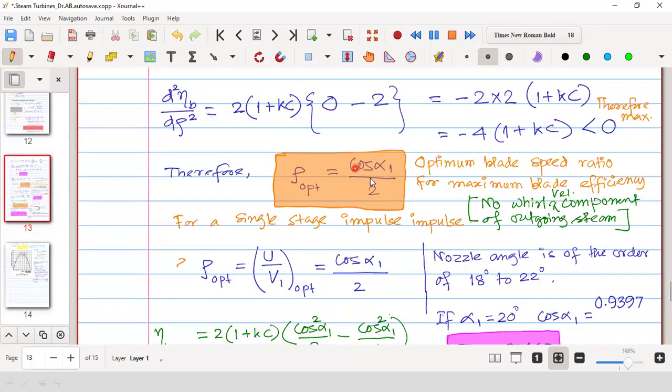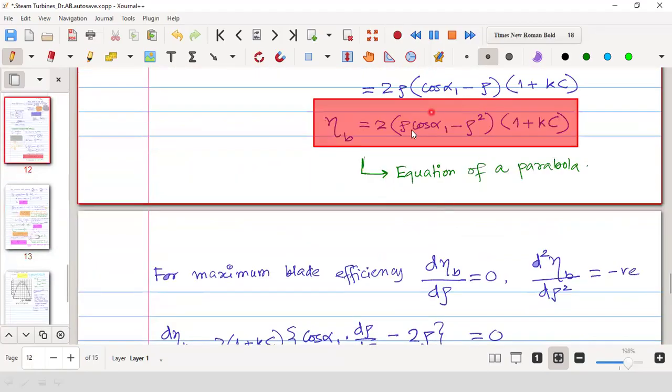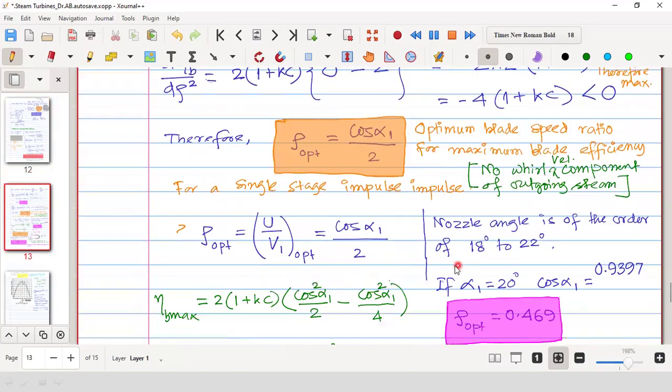You see the differentiation of that was 0. So rho cos alpha 1 minus rho square, differentiation of that was what? Cos alpha 1 minus 2 rho. So that was 0. Therefore rho was cos alpha 1 by 2. So up to that value it will increase,